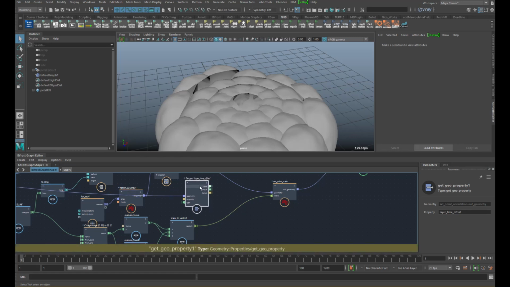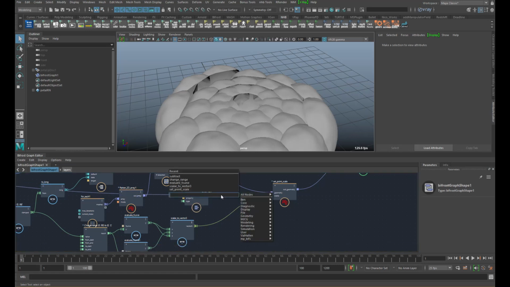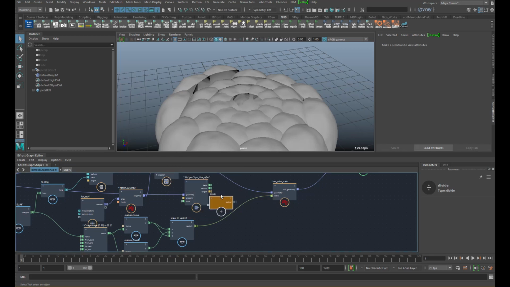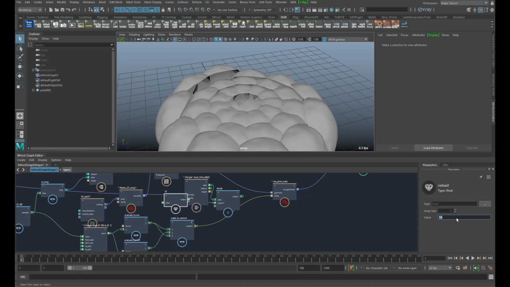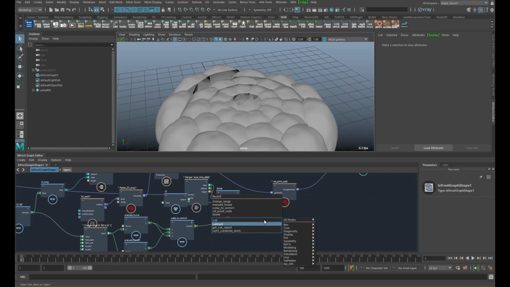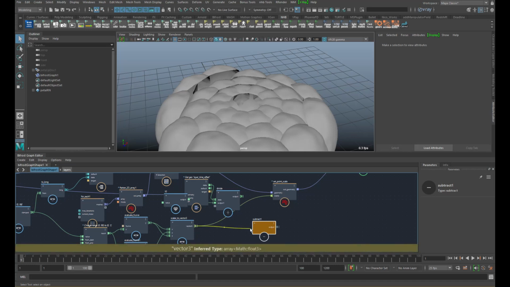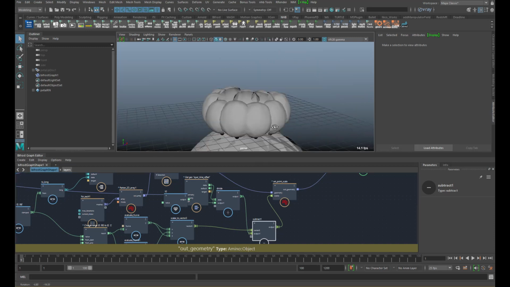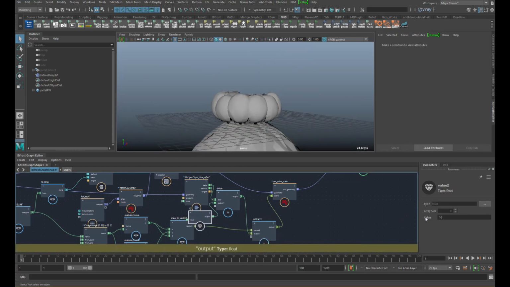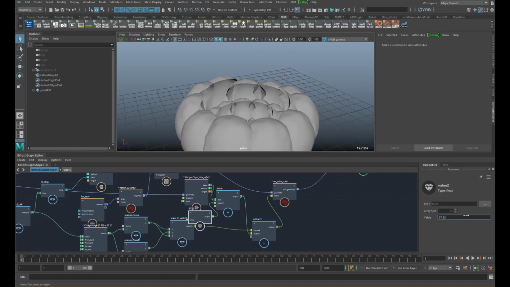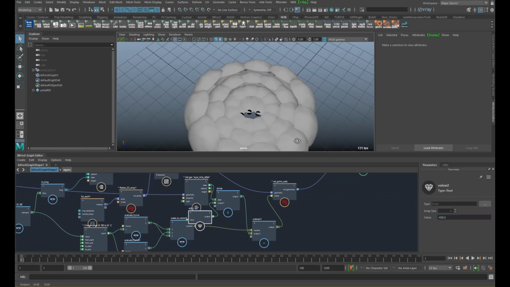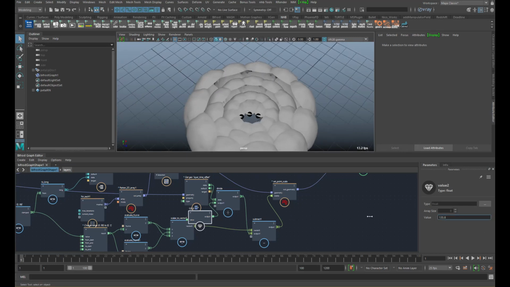Since this is pretty high, I'm going to divide it first by, let's say, 10, and subtract it from the scale. Oh, okay, that's still too much. Divide it some more. Yeah, there we go. So now the inner circles scale down considerably.